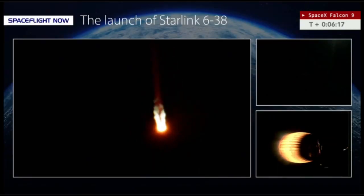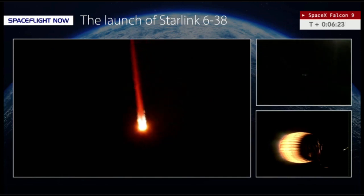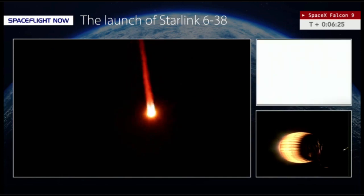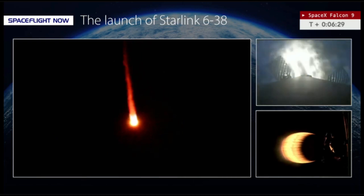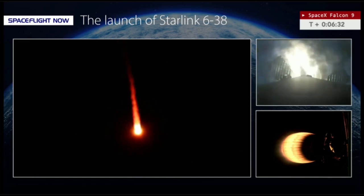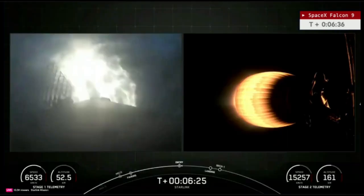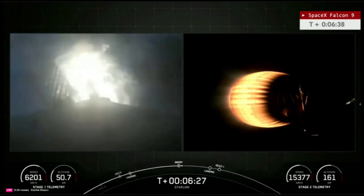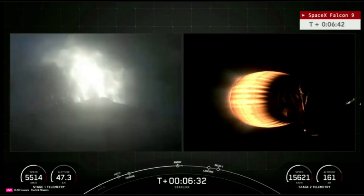And there you see that entry burn beginning. Our friend Pete Carstens. Stage 1 FTSS saved. Getting this brilliant 23-second burn now. Seeing that begin on the SpaceX feed as well. Stage 1 entry burn startup. With that entry burn wrapped up,